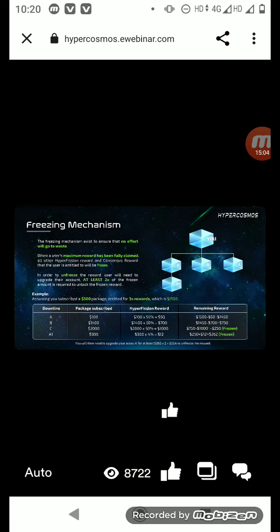If your direct downline Pioneer A subscribes to the package with 100, meaning you will receive 50% from Pioneer A, which is 50, your new remaining reward will be 1,450. Next, you have another direct downline Pioneer B with a package subscription of 1,400, meaning you will get 700 from that Pioneer, leaving your new remaining reward amount to 750.